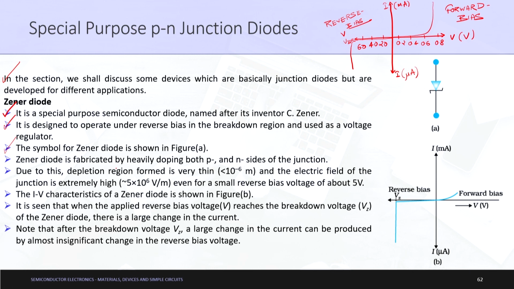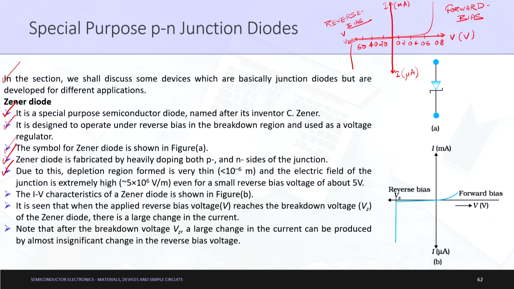A Zener diode is fabricated by heavily doping both the P and N sides of the junction. What is meant by doping? Doping is basically the process of adding impurity particles into the semiconductor. Due to this, the depletion region formed is very thin, less than 10 to the power minus 6 meters, and the electric field of the junction is